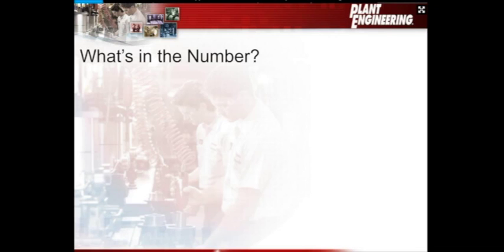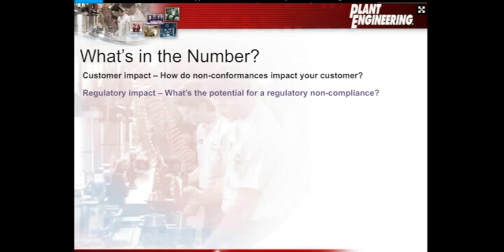So I'm going to start by listing out the first couple of characteristics that most people will base their criticality analysis on. The first one is a production-centric or customer impact type of characteristic. How do non-conformances of the asset impact your customer? Or how do non-conformances impact regulatory compliance? This is where many criticality analysis models stopped. And when we talk about revamping this practice to make sure it complies with ISO 55000, we need to go beyond this because this doesn't define all the business drivers for your